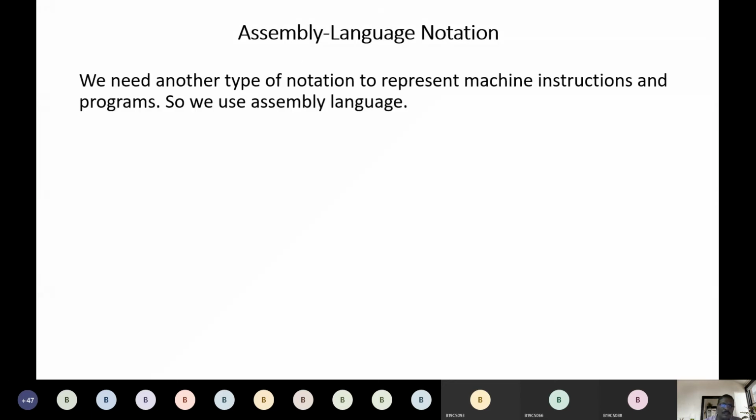Next, another notation we have is assembly language notation. We need another type of notation to represent machine instructions and programs, so to represent machine instructions and programs we have assembly language notation. This is another notation in addition to the previous one. An example is Load R2, LOC.